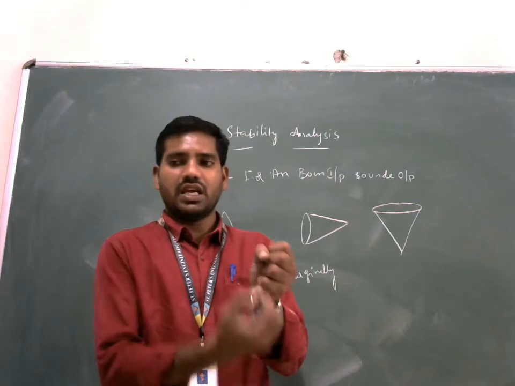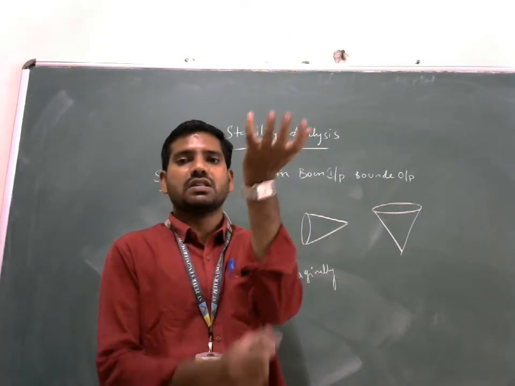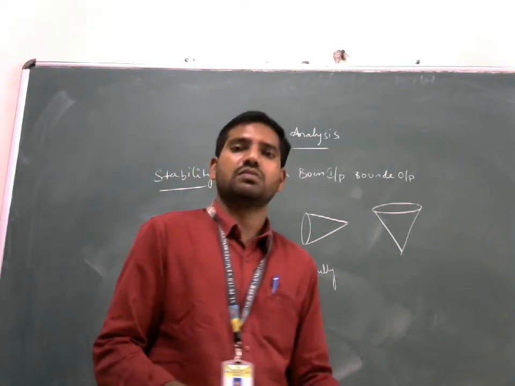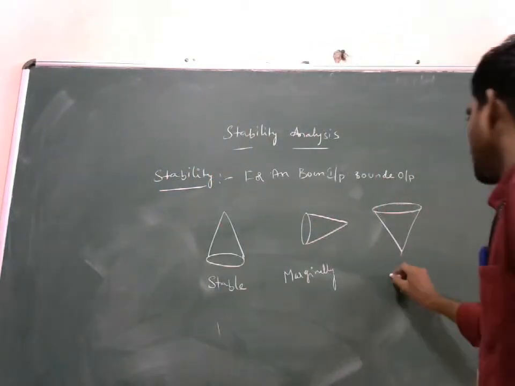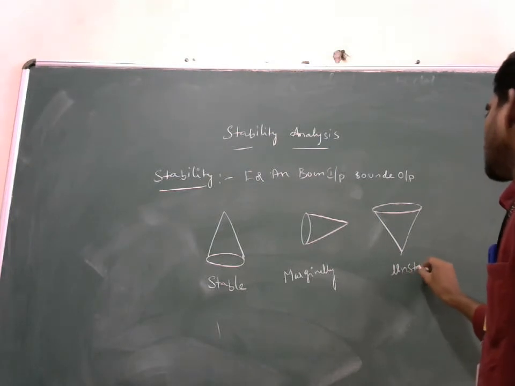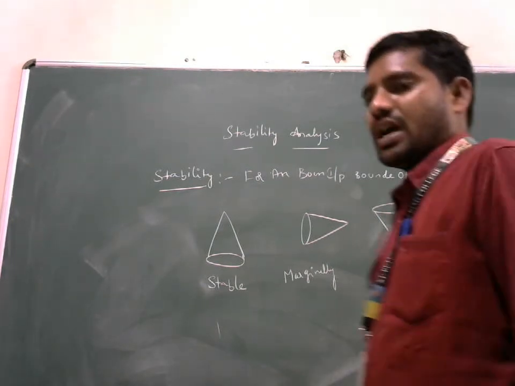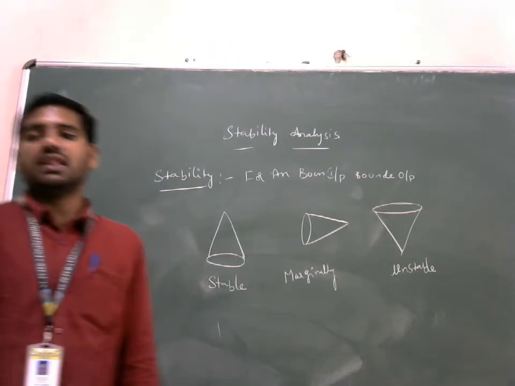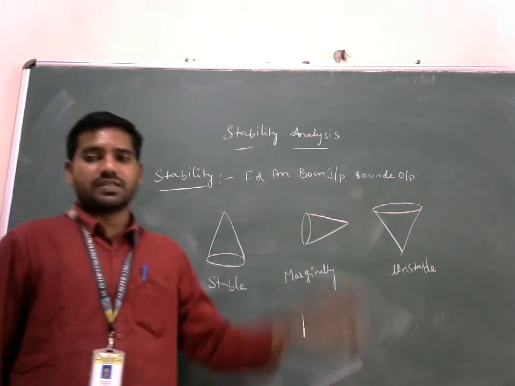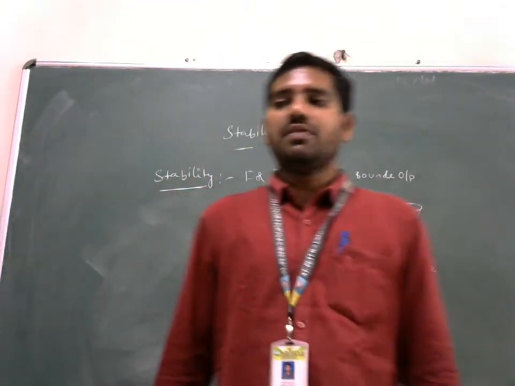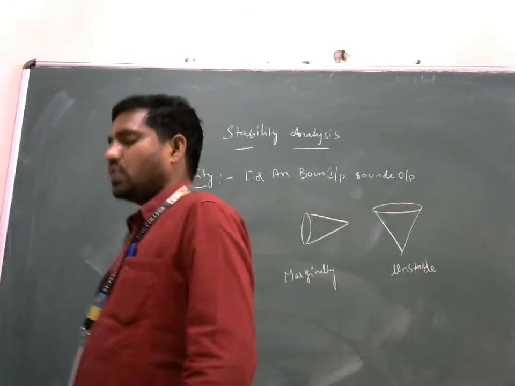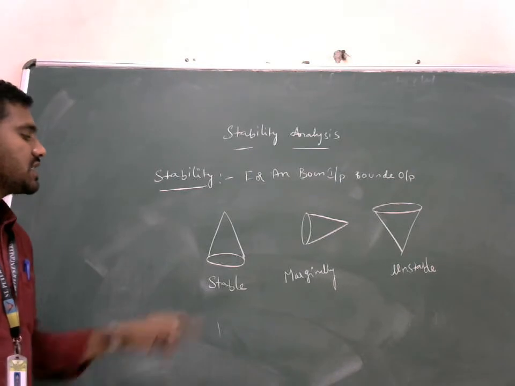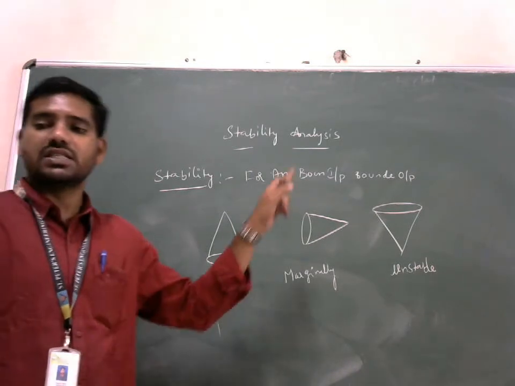Why? Because it is very thin on the top side and you are putting the weight there. Are you going to place it like this? Definitely it will fall on the ground. That means in this case it becomes unstable. Stable, marginally stable and unstable. How are we going to tell? All these are physical things, and by seeing them we can say this is stable, this is marginally stable, this is unstable.